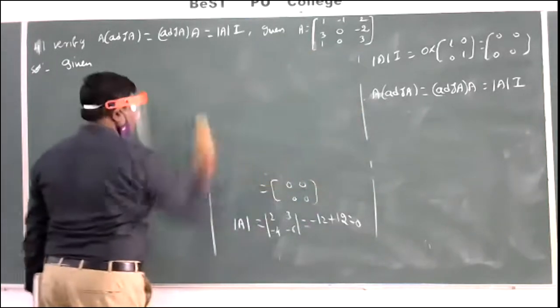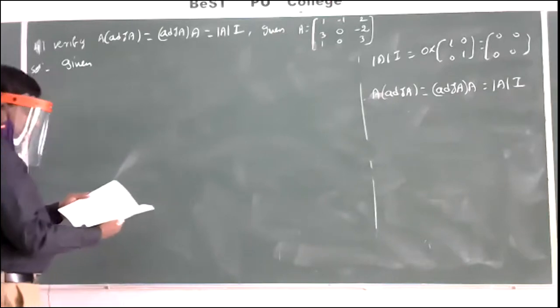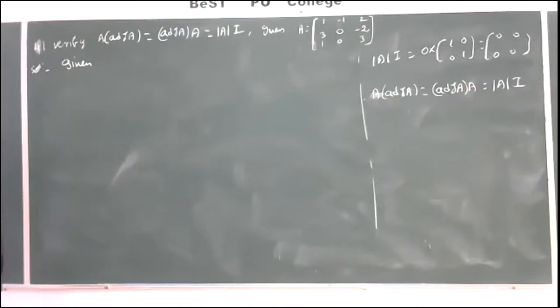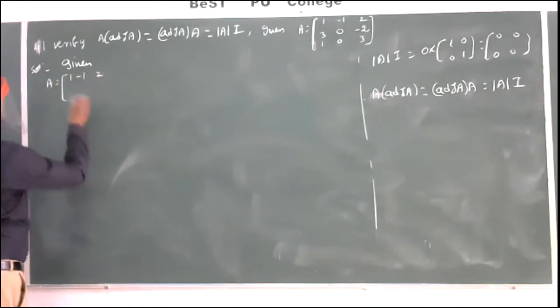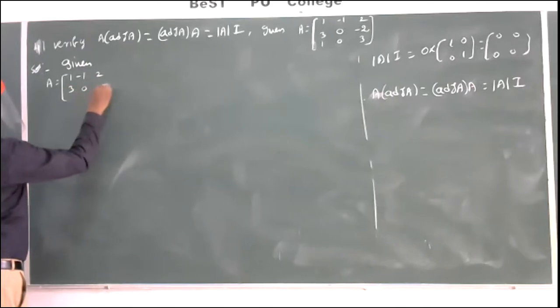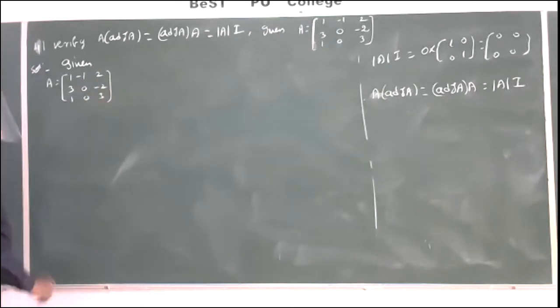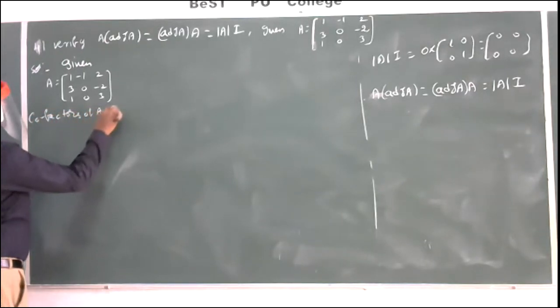Here given A equal to [1, minus 1, 2; 3, 0, minus 2; 1, 0, 3]. Cofactors of A are